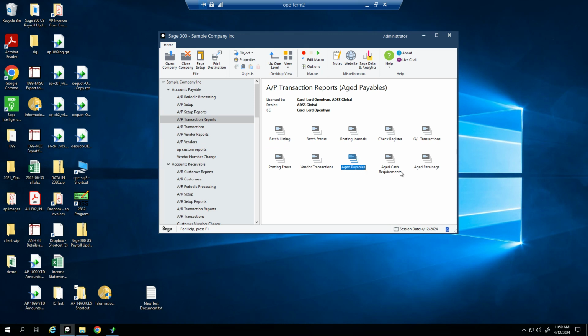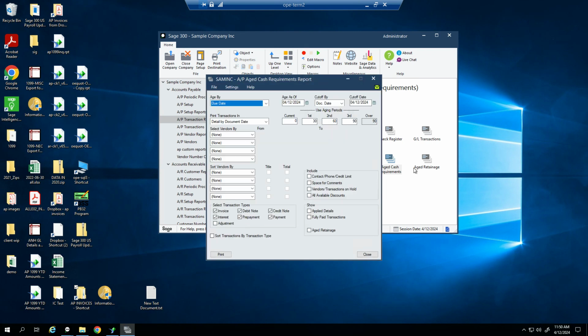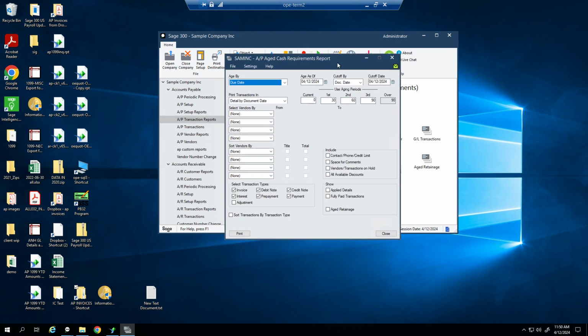That's really important. Age cash requirements. That is a report that shows you what cash you're going to need for whatever aging periods you put in there. Personally, most people don't know what they're going to owe in 60 or 90 days. So you might make this like, 07, 14, 30 or something like that, or 15-day increments to kind of see what's coming up. So it's very much like an aging, but it's really talking more about, it's from a cash requirements